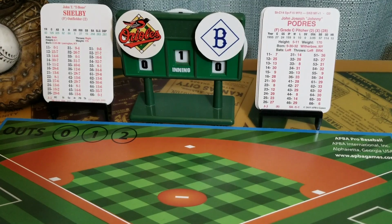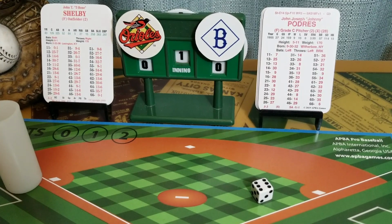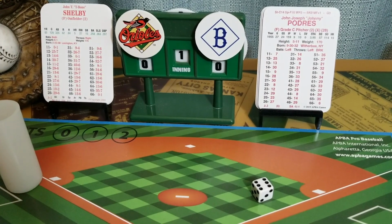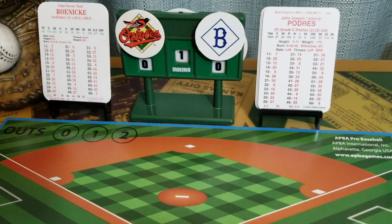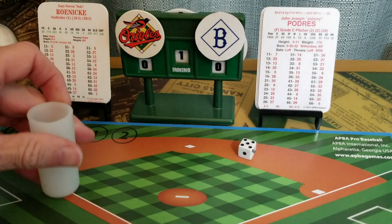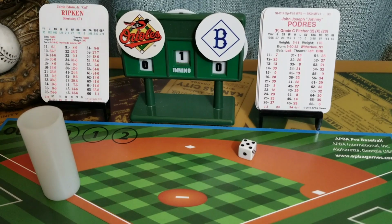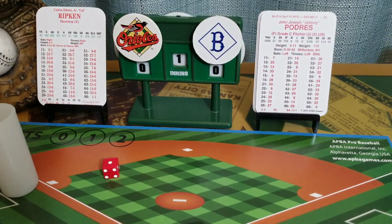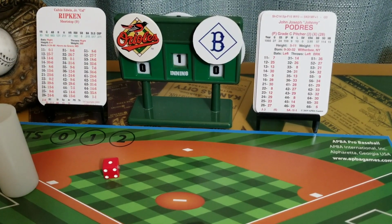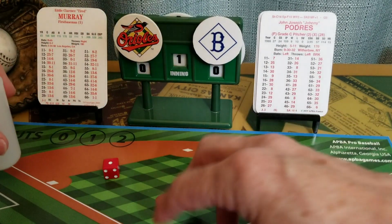Okay, we're ready for the first pitch. Johnny Podres against John Shelby. 56 is the roll, 34 is the play result. Pop out to shortstop for a 1 down. Gary Roenicke, 65, is a pop out to the catcher, 2 away. And now Cal Ripken Jr. 1-6 is a strikeout. So the Orioles go quickly and quietly in the top of the first, and the Dodgers